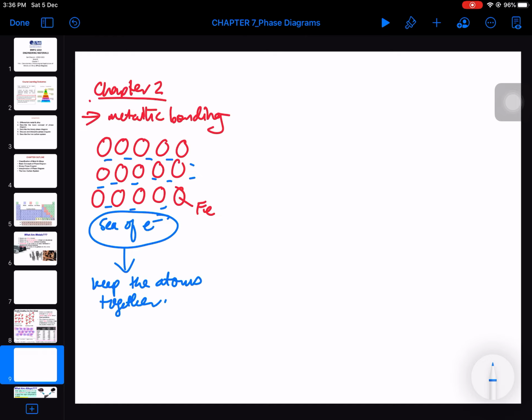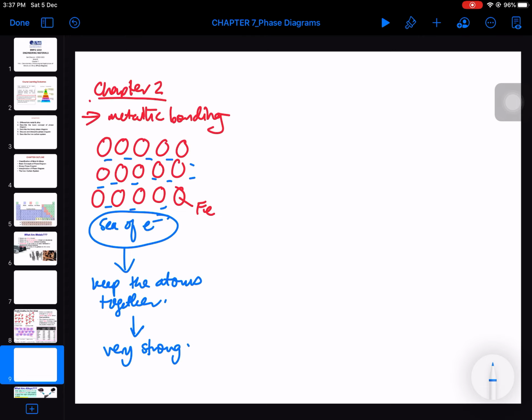So because of that, the bonding between atoms in metals is very strong. It means you need a very good force in order to separate the atoms. And in chapter 2, we also look at how this bonding affects the properties of the metals. For example, if we are still looking at the atomic arrangement here for iron,